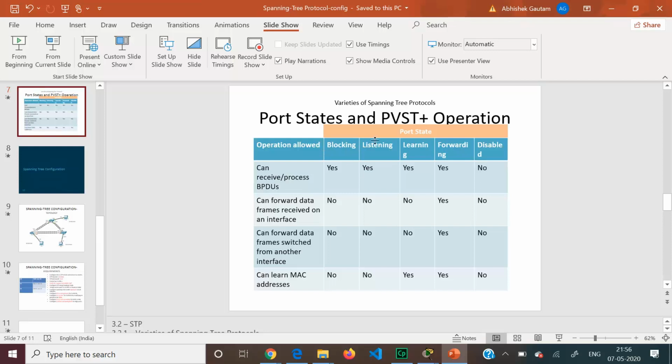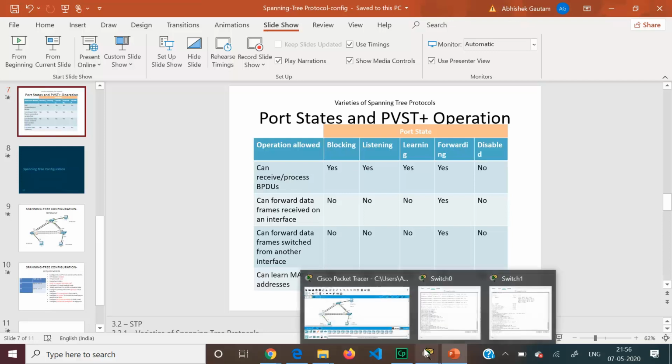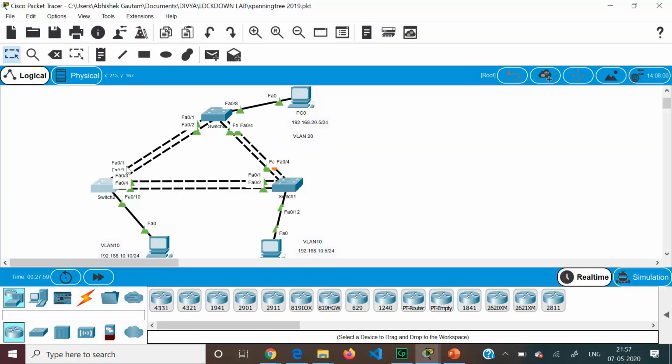We want them to directly move to forwarding state because these ports are not connecting the two switches. See over here, we do not want this particular F0/10 to go through the learning phase or disabled state. We directly want it to go to forwarding state. The learning mechanism for disabled, blocking, everything is meant for the links which are connecting the switches, that is F0/1 and 2 over here, 3 and 4 over here. It is not meant for the ports which are connected to the end devices.